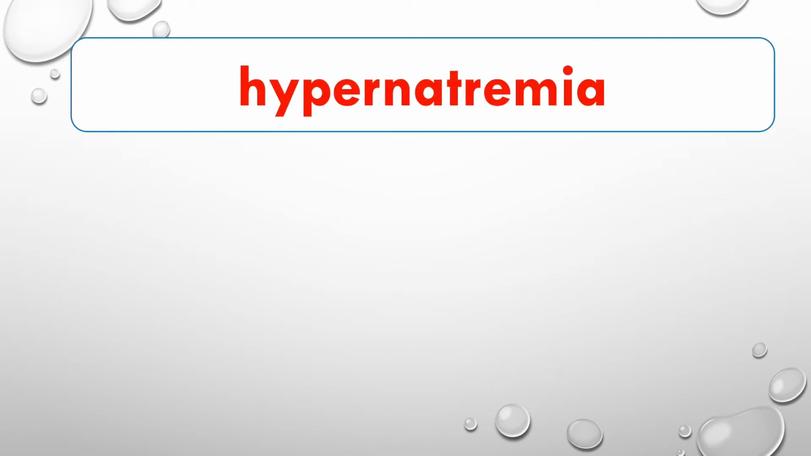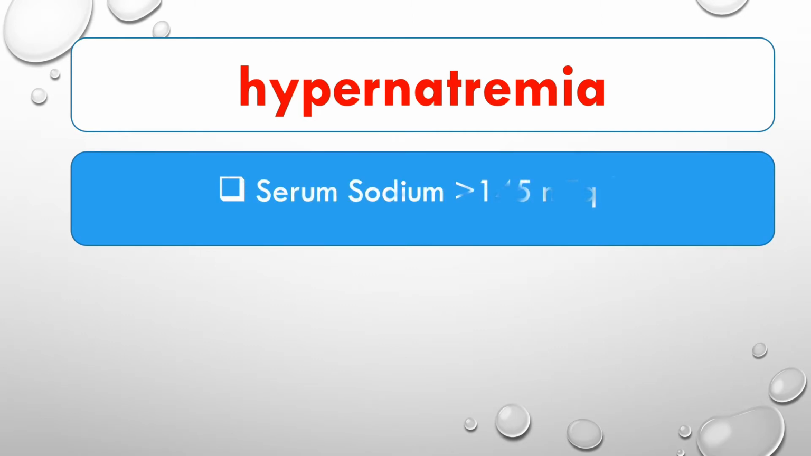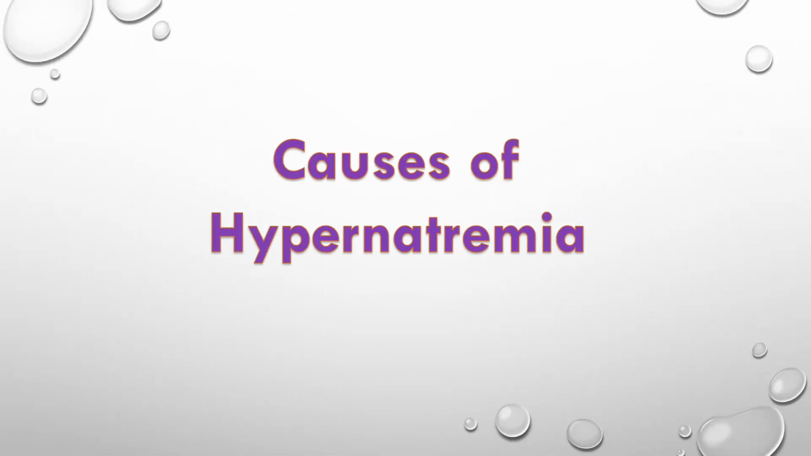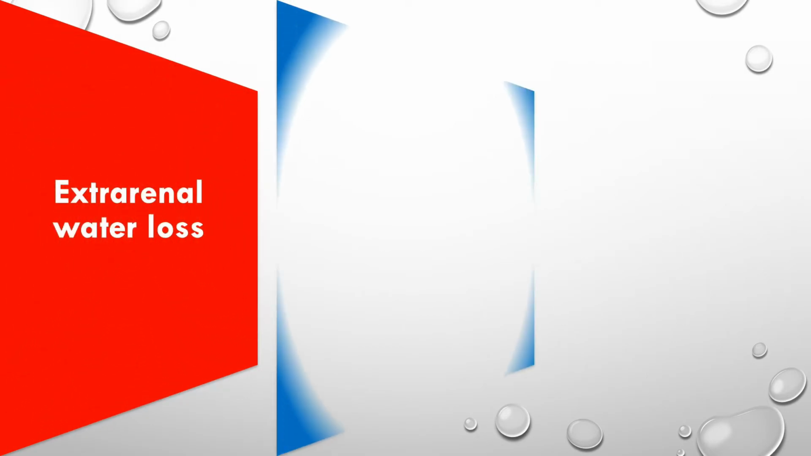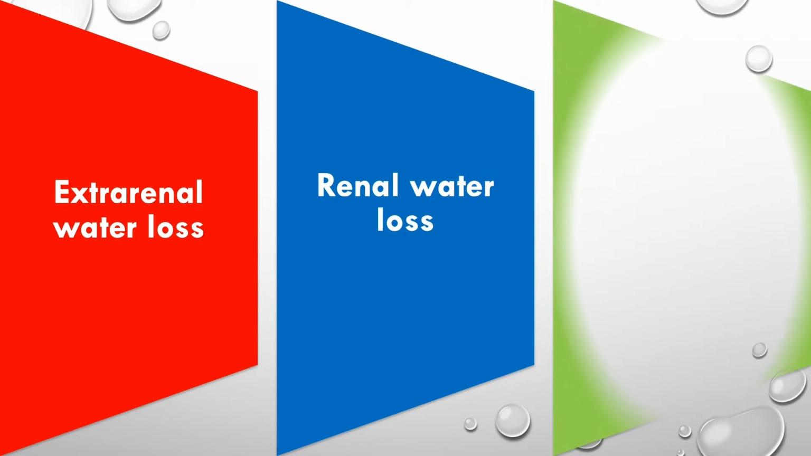Hypernatremia is defined as a sodium concentration greater than 145 milliequivalent per liter. All patients with hypernatremia have hyperosmolality. The causes of hypernatremia may be divided into extrarenal water loss, renal water loss, and iatrogenic hypernatremia, which results from the